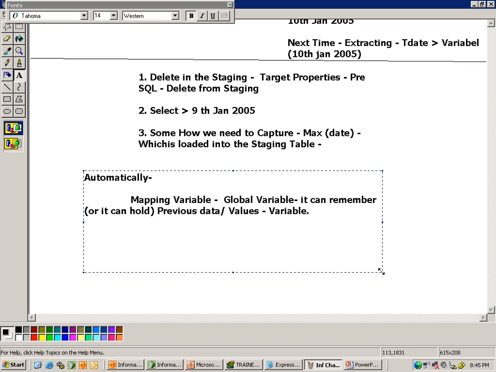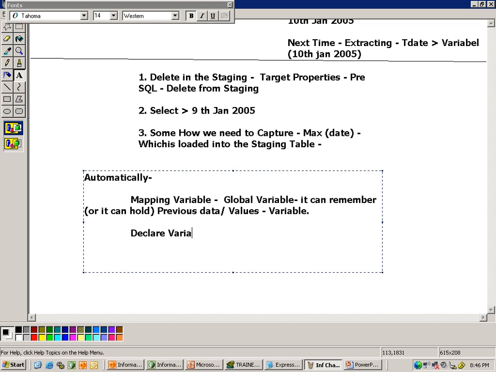A local variable, when you use it in programming, works when that session or program is executed. After the execution is over, those variables are cleaned off, and next time when you run it, again it has to be initialized. Whereas when you use a global variable in any programming, after the execution is over, whatever value is there in that variable will be stored. The next time when you execute it, again you can use that value. Same way, in a mapping variable, Informatica provides you a global variable where it will remember or hold the previous values. As usual, whenever you declare a variable,